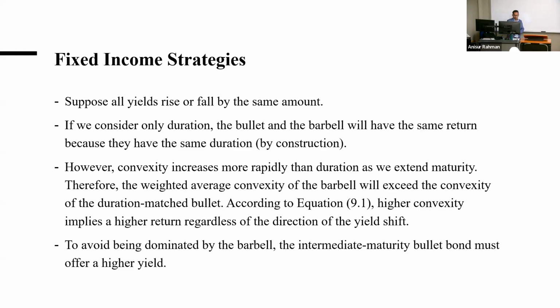So if we consider, suppose all yields rise or fall by the same amount. Now we are not talking about twist, we are talking about shift, same amount. I will not hold you longer, just a few minutes. So the earlier discussion is about slope changes, so it is twist, right? Now forget about twist, think about shift, so parallel shift. So if yields rise or fall by the same amount,